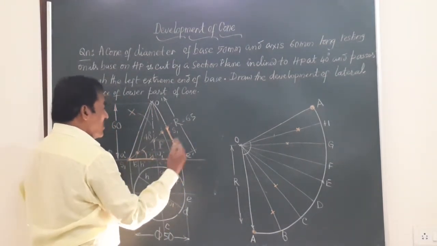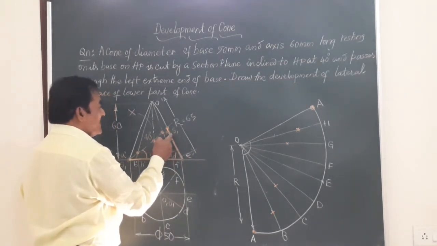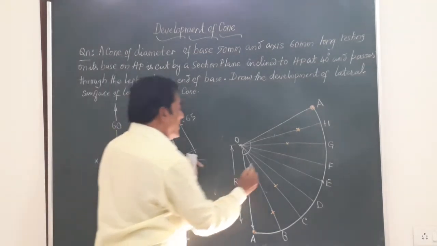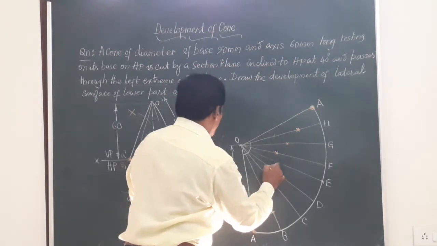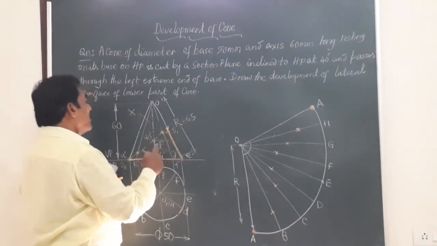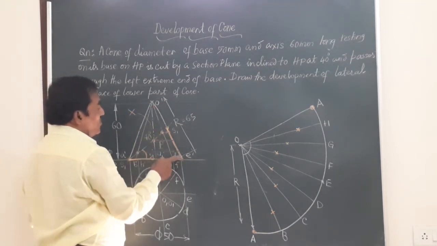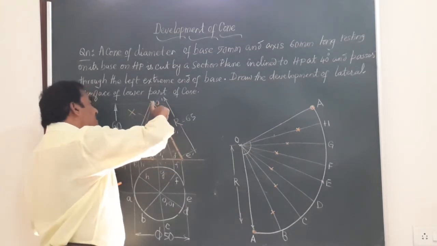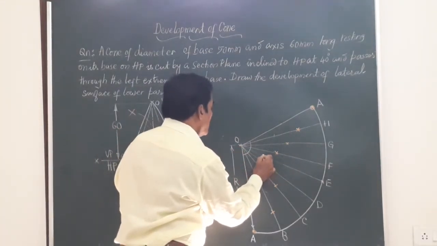Then we have got OD and OF. OD and OF are also not true length. So we have to shift that to the last true length line. Mark this distance on OD and OF. So you will get somewhere here OD and OF. Finally, the last point on the section plane is here, that is on OE or O dash E dash, and this is the true length. Simply take this measurement and mark on this. So you will have the last point.